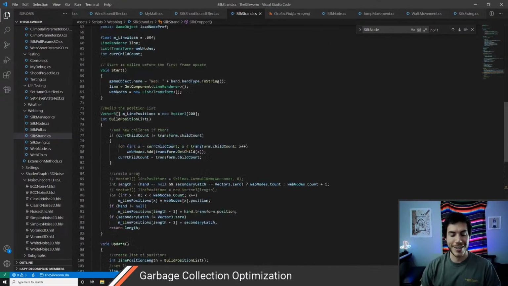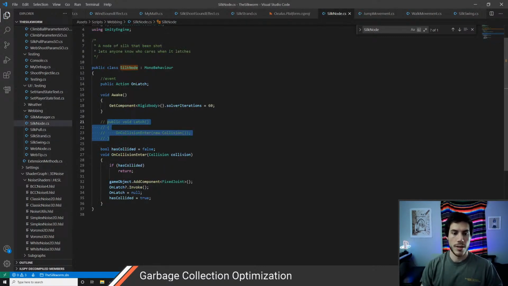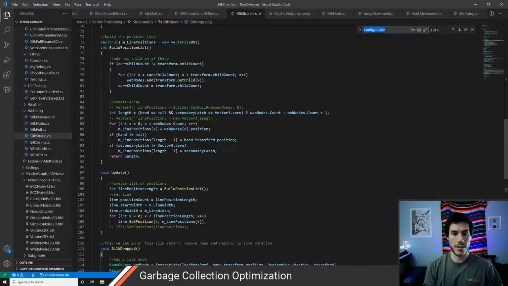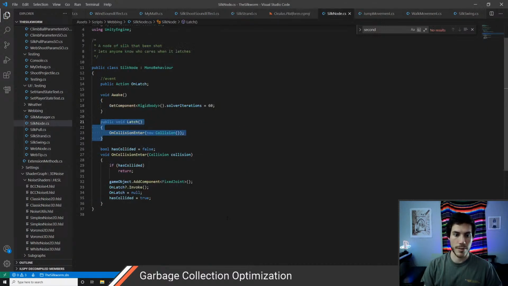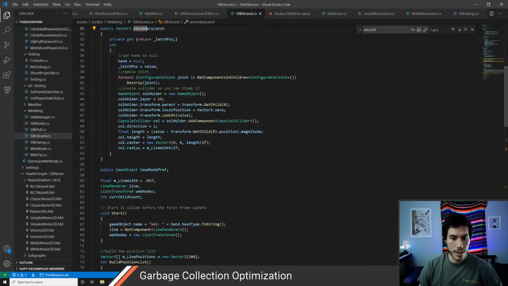Jeez, come on. What is this? It's so bad. Okay, I think I am okay with this idea. Soak strand. And then here, oh wait, not soak strand, soak swing. And then here, set the secondary latch. I think instead, okay, that's going to be too much to change, so I'm just not going to worry about it. But then basically I need to